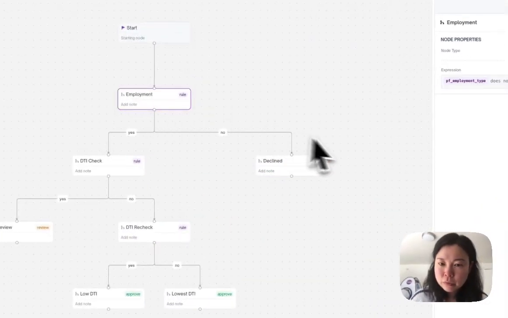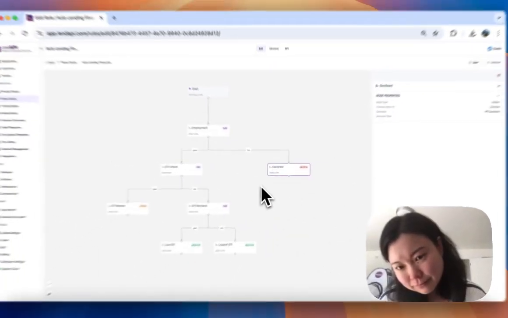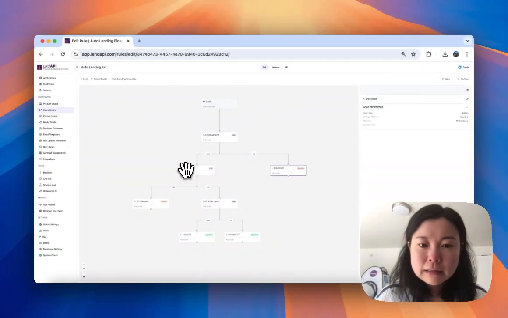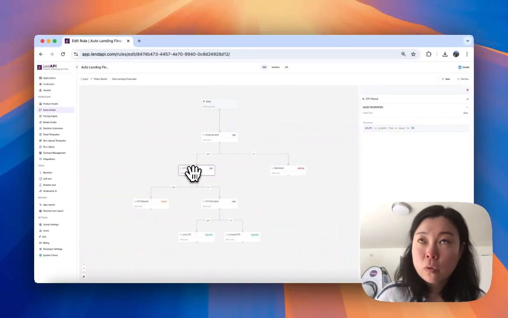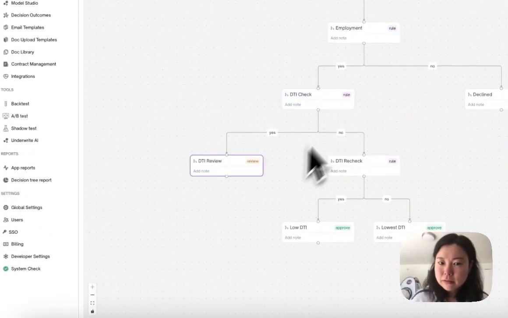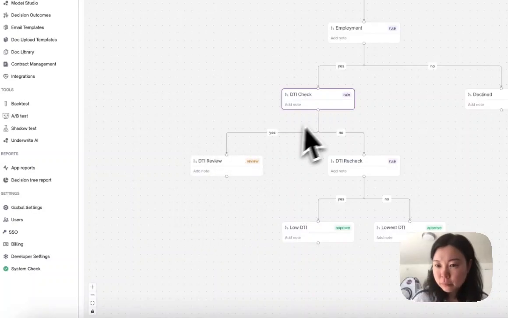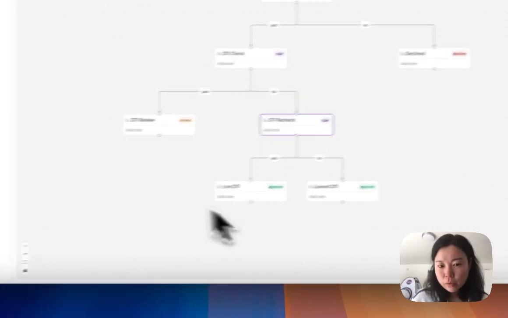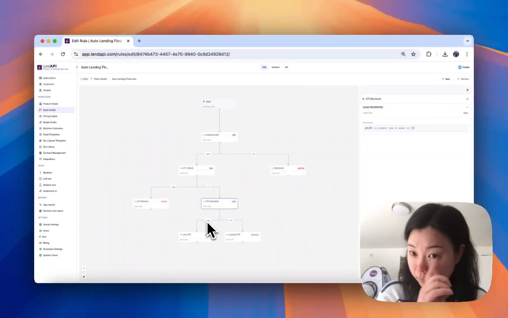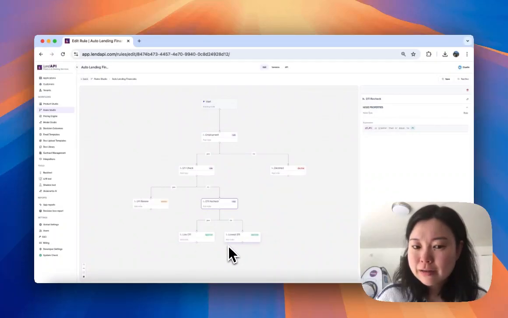First, we ask for the employment type. Of course, if you are unemployed, then you are going to be declined. And if you are not unemployed, if you have any of the other fields, full-time employment, part-time employment, or contractor, we will then test your debt-to-income ratio and determine if you are a potential trigger if you have a higher debt-to-income ratio, or if you have a lower debt-to-income ratio, then we will trigger you to be one of our lowest or lower